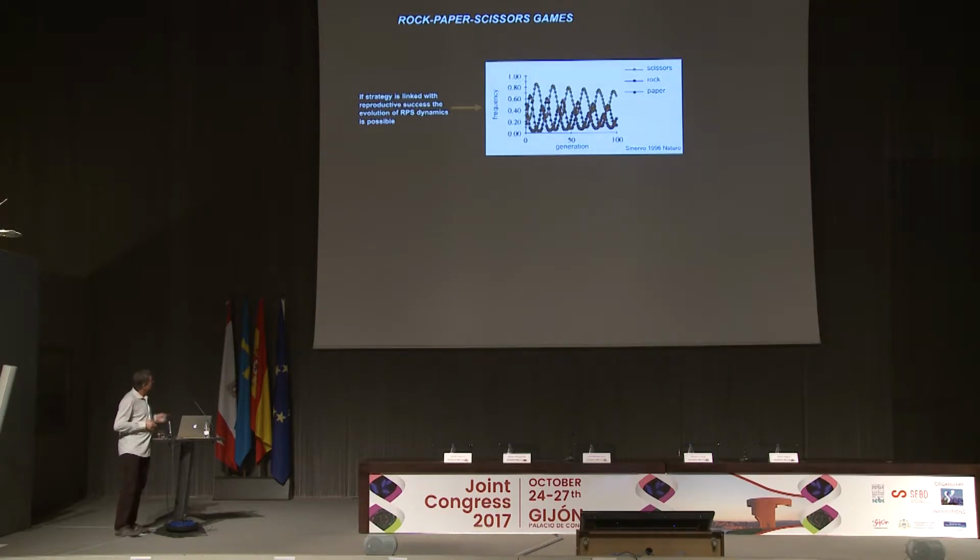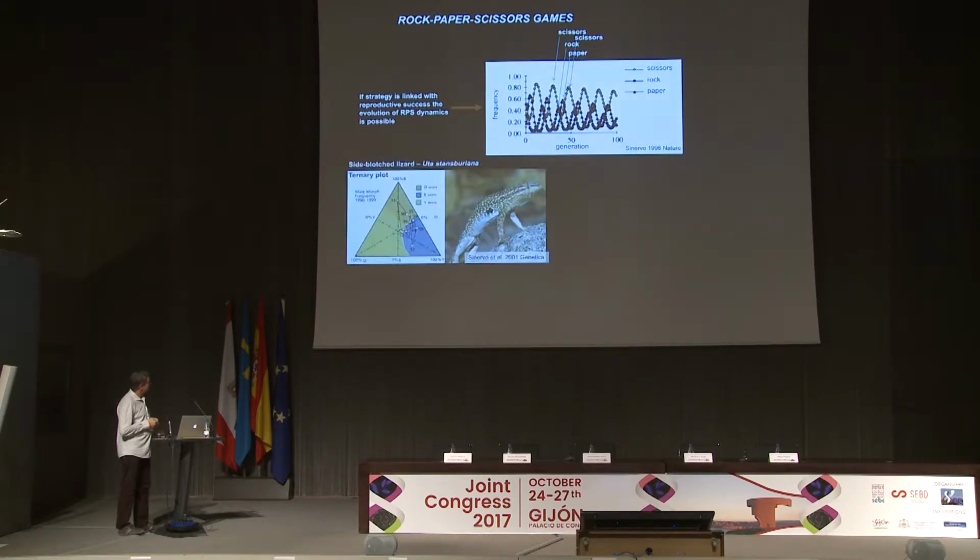So theoretical models show that if the strategy is genetically linked with the reproductive success, the evolution of rock, paper, scissors dynamics is possible. Here you have such a model output, where you have the generations and the frequencies of the three strategies. And the model predicts that if scissors become frequent, they lose the advantage, and then rock gets a benefit and starts to get frequent. Once rock starts to get frequent, it loses its advantage, and paper has an advantage and starts to get frequent. And once paper starts to get frequent, it loses its advantage, and again scissors starts to have an advantage and